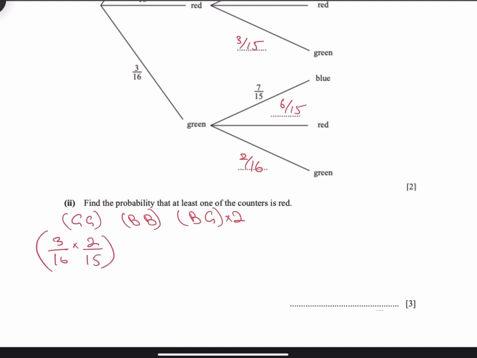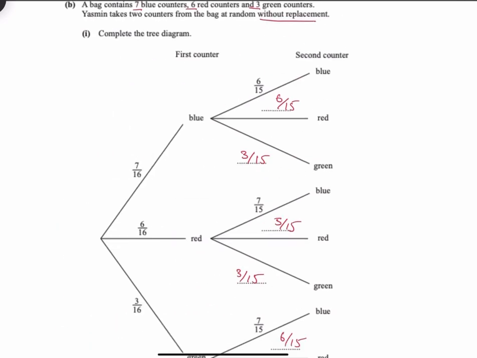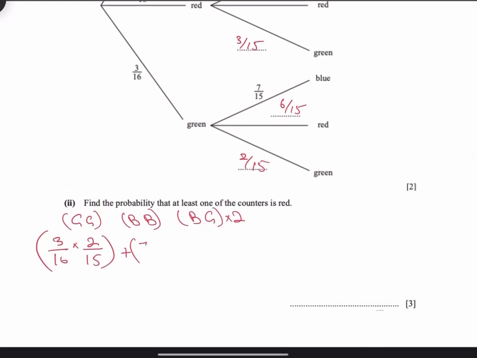And I just realized that this is supposed to be a 15 here. Okay, plus blue, blue is 7 over 16 times 6 over 15, plus blue green or green blue, so 3 over 16 times 7 over